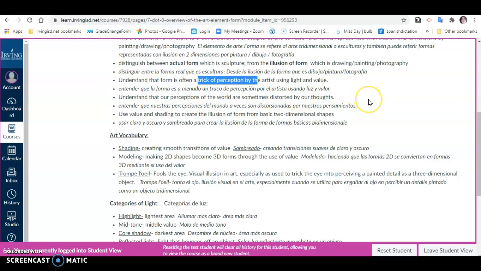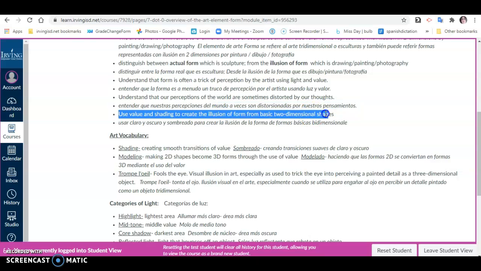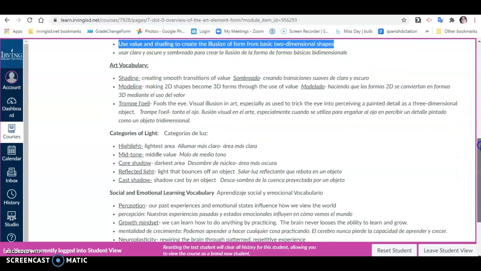It can distort what you think you see. And here again, value and shading are what we use to create the illusion of form. To go from a basic two-dimensional shape, like when we drew the circle, to turn it into something three-dimensional like a sphere. And we've got vocabulary words here: